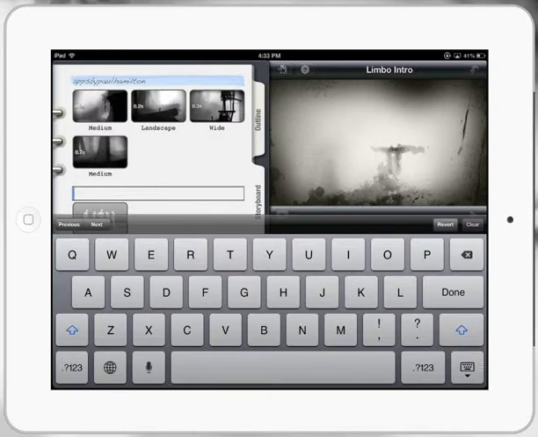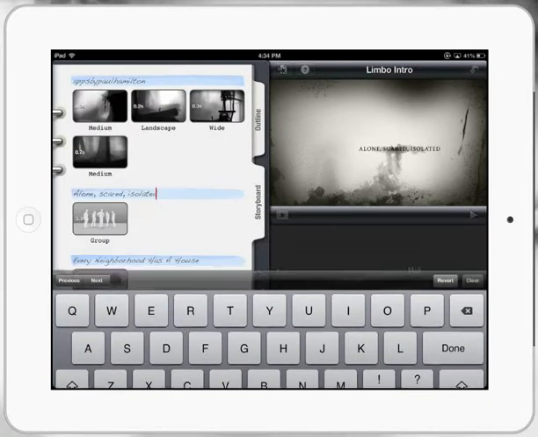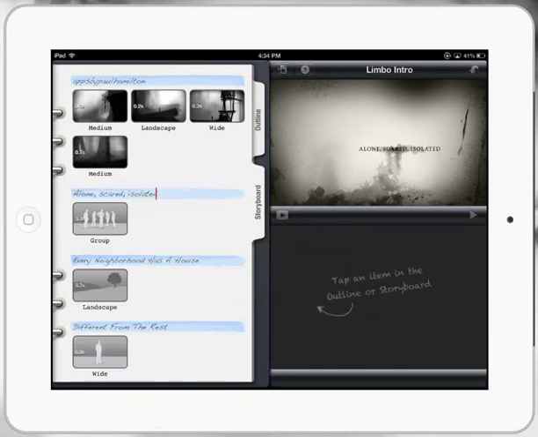kids come up with. Now, when I was playing this, one of the big ones was that feeling of being alone, that feeling of being scared, that feeling of being isolated. And by bringing out those vocab words into our movie trailer, all of a sudden we've got this fantastic learning opportunity with our students. If I press play,